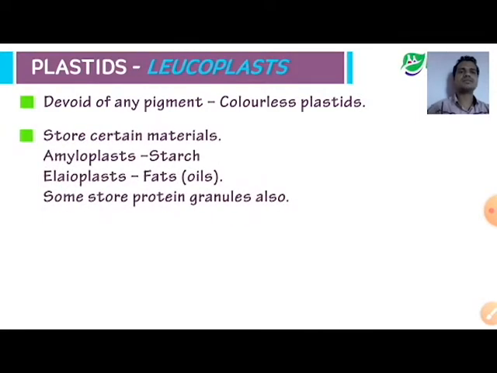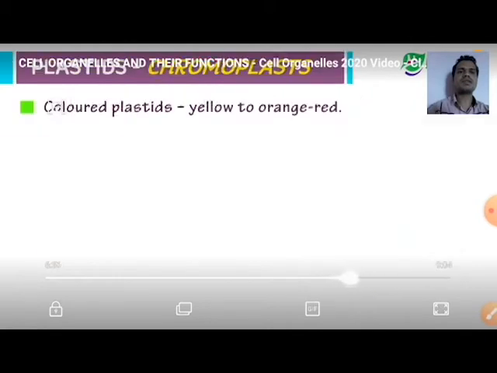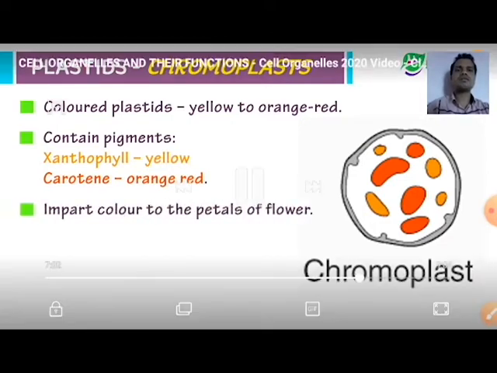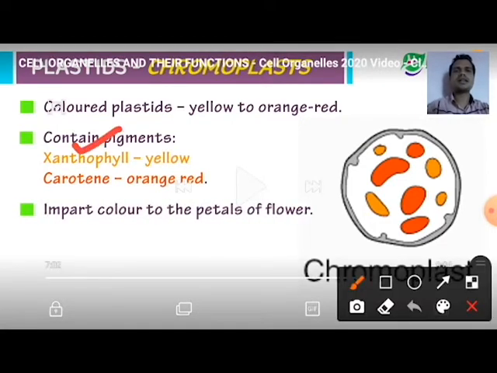Okay, so this is all advanced information about the plastids. Now here chromoplasts are nothing but differently colored plastids, and inside the chromoplast you have to observe one thing, that is xanthophyll. This xanthophyll is a colored pigment that gives yellow color to the leaves. Now here carotene gives orange red color. The word carotene resembles the carrot. Carrot is also orange red in color. Why is the carrot orange red in color? Because of the presence of carotene. I hope everyone has understood. Okay.